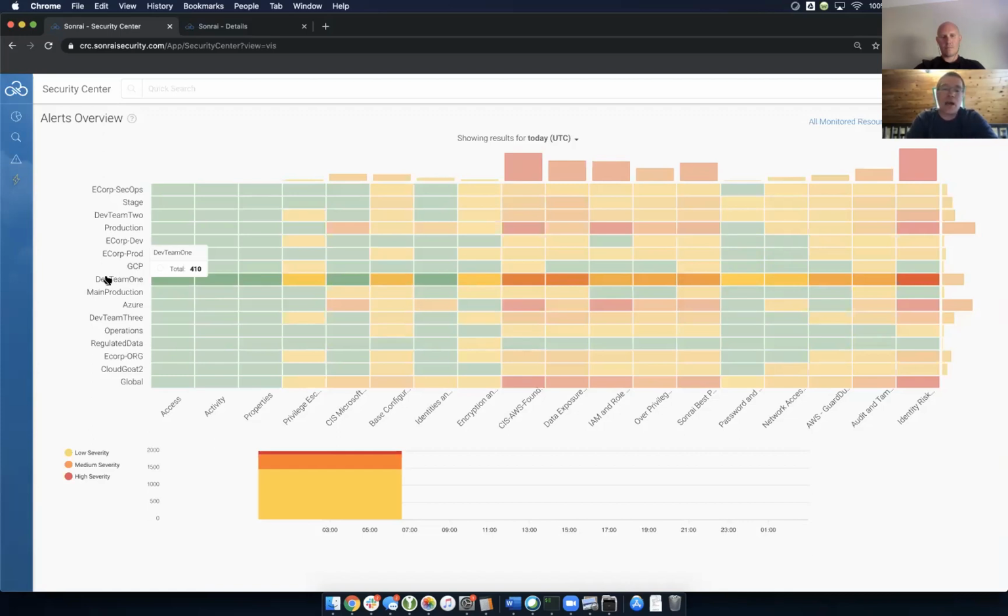As opposed to now having those 4,000 things that they needed to do, they could divide up those low-level issues that needed to be cleaned up back to the teams that were responsible for creating them in the first place. And the truly sensitive stuff, or if somebody decides to turn centralized audit off for the whole cloud infrastructure, that gets highlighted to the cloud center of excellence or the cloud SecOps team or whatever they happen to be calling them on this given day. And it just made a huge difference across the board from that perspective.